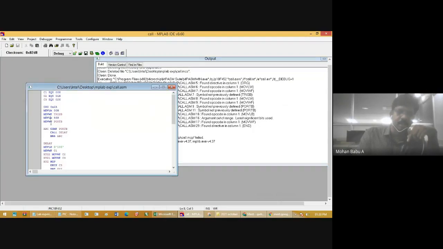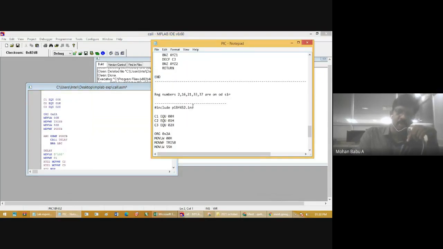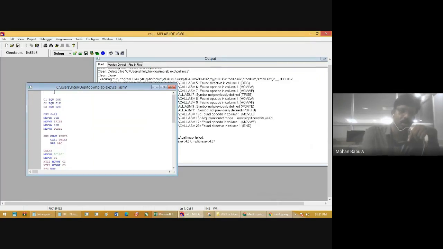You will need to add the header file. If it is showing the error, just add this header file: #include p18f452.inc. This is the header file which helps the programmer to include some predefined libraries.